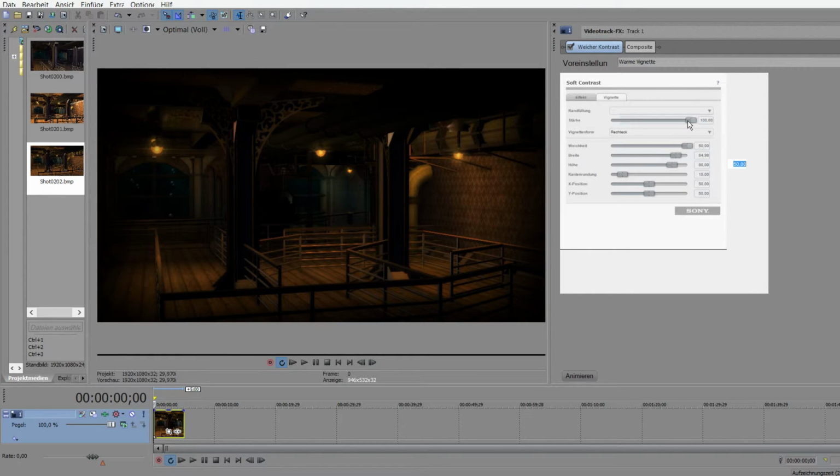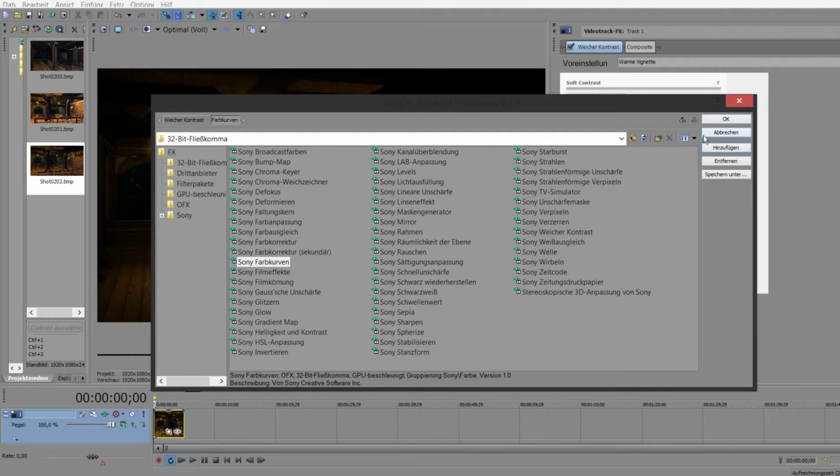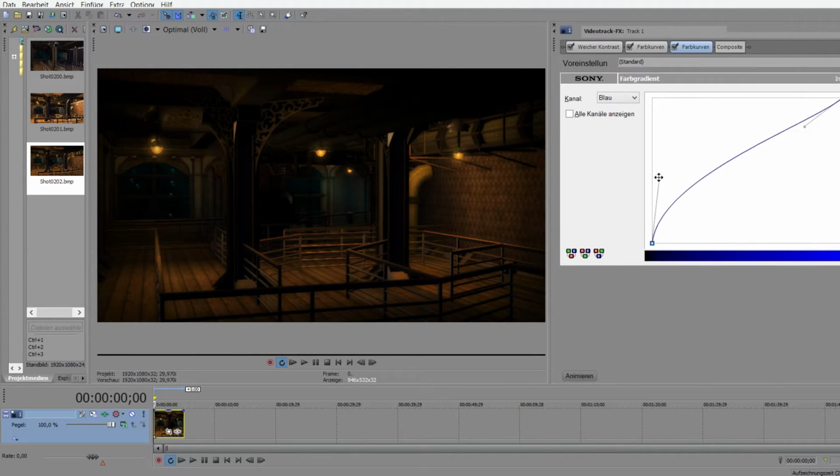And because I have more options over there, I just decided to do that in Sony Vegas. You can do that in GIMP as well, but you don't have that epic smooth contrast thing. But as you can see, this color correction of these curves already does a lot. So this is not like a tutorial right here, it's more like me playing around with effects that I don't even...